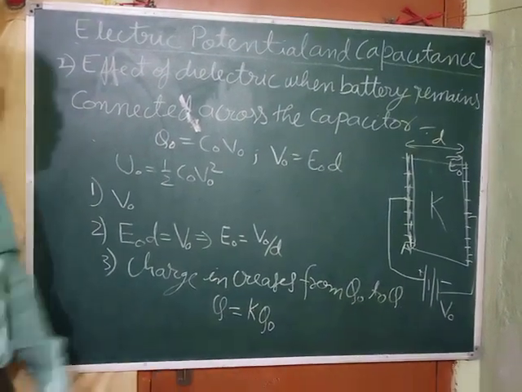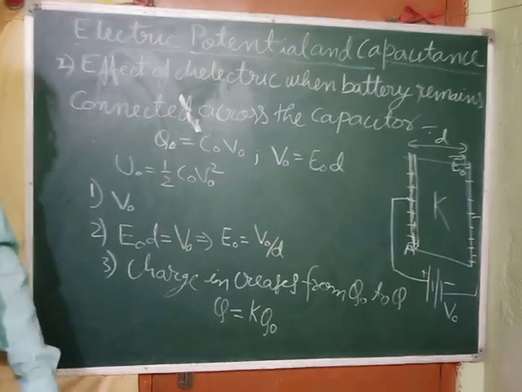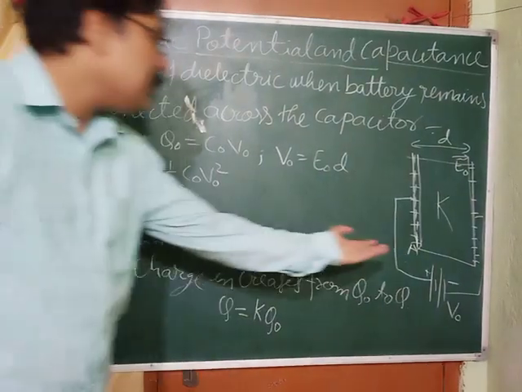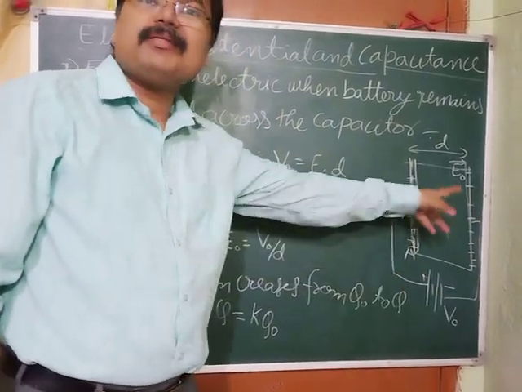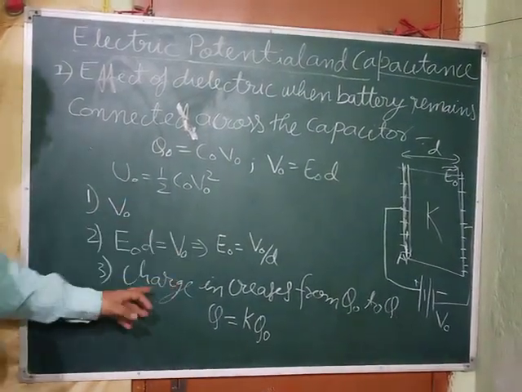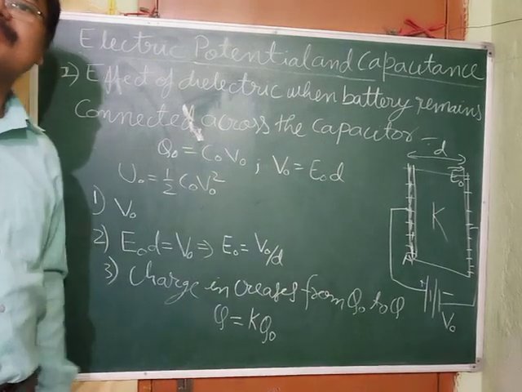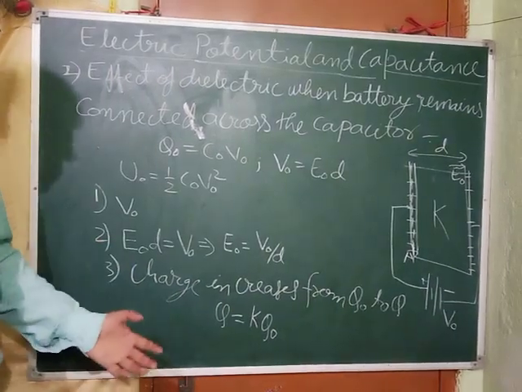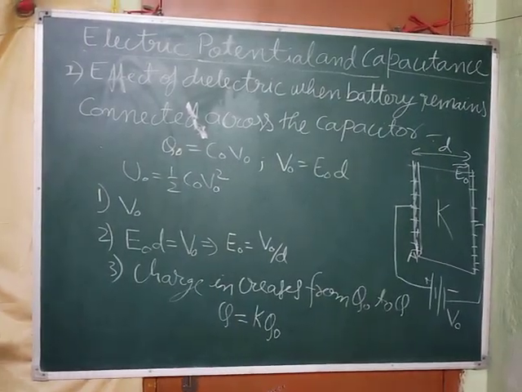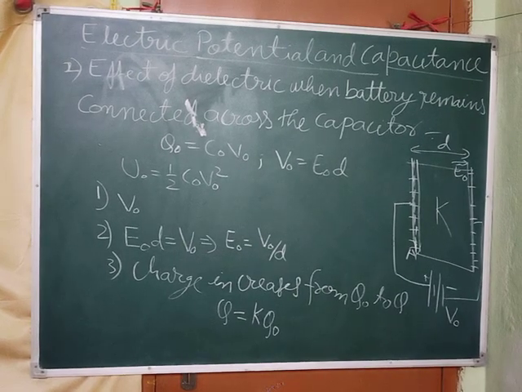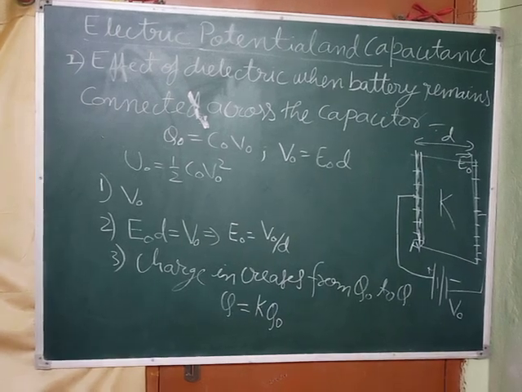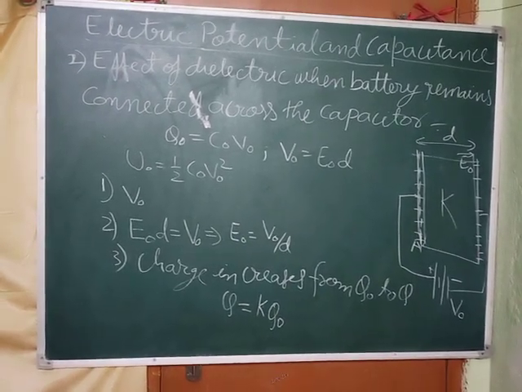Now the third thing, what I have told you just in the beginning, that as this is inserted, the effective charge on the plates decreases, and so more charge moves from the battery to maintain the same potential difference as that of the source battery. So that means charge increases from Q naught to, suppose, Q. Now how can we find a relation? Actually Q is equal to K times Q naught. So it depends on the dielectric constant of the dielectric, and the charge becomes K times the initial charge. Note it down, all of you.